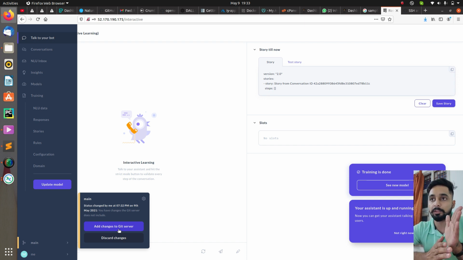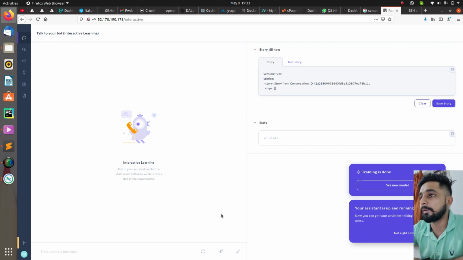In the case of RasaX, it will ask you whether you want to update it. In the case of the Git repository, we are actually updating it, and accordingly your data will be updated automatically on the RasaX site. So this is how we can make the changes, but currently I don't want to make the changes. That's up to you, whether you want to update it or not, right? So it's like that. Now we have it.